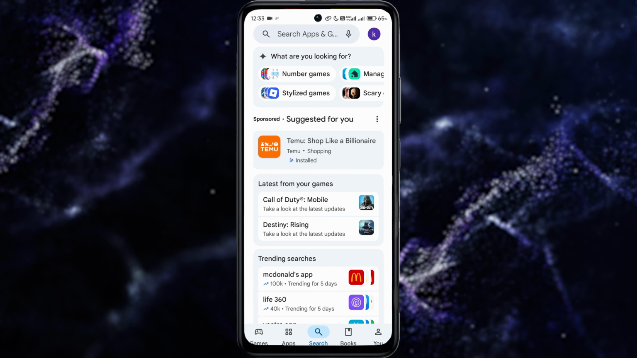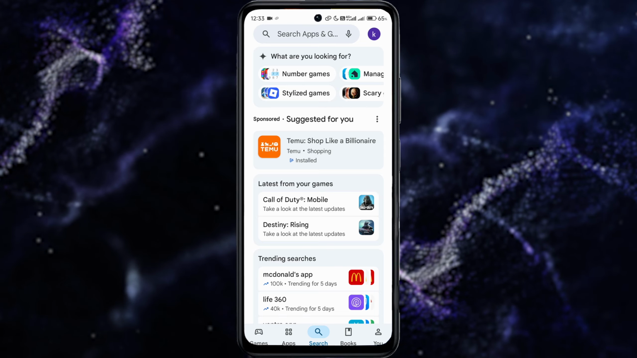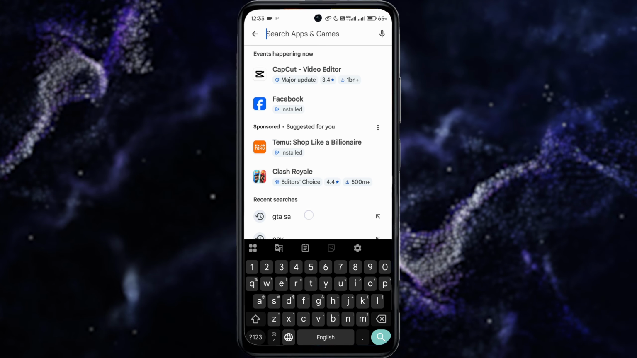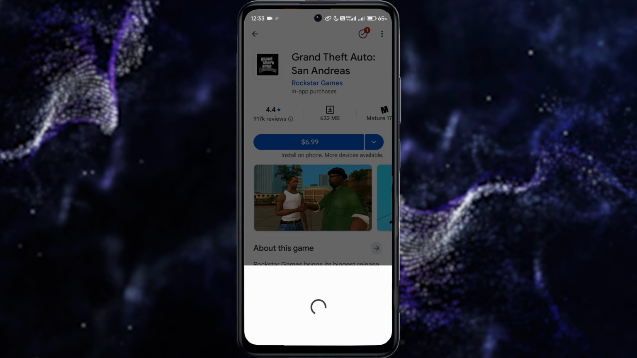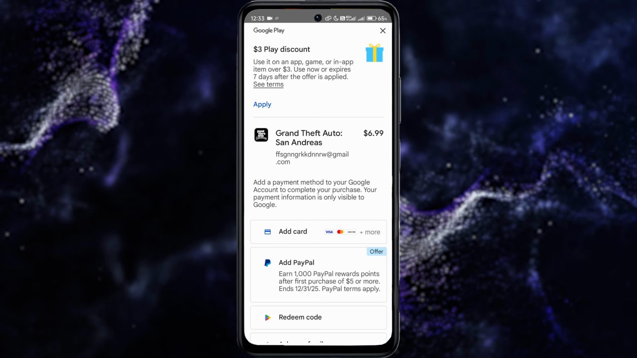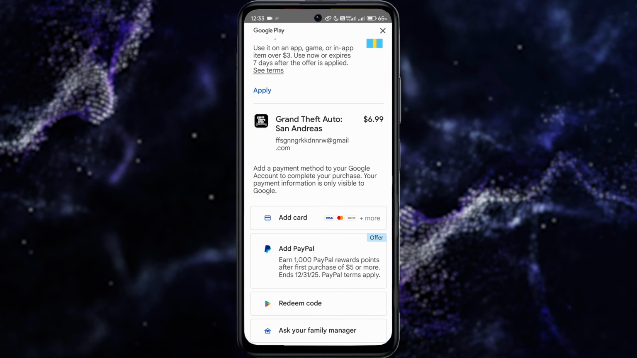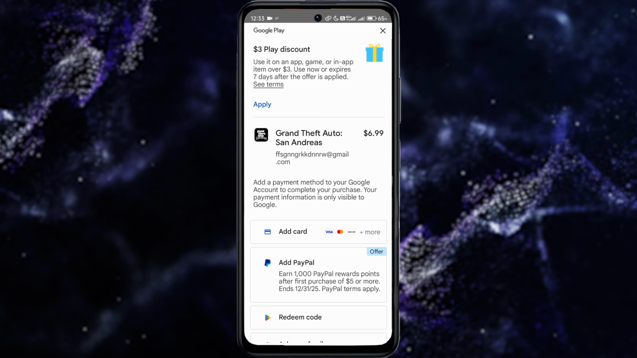So for example, if I go to my Google Play Store and I type in something like GTA San Andreas, as you can see, we can buy for $7. You press on buy, and as you can see in here, you can just add your card. So just add a card in here, and once you add the card, it will be added to your account